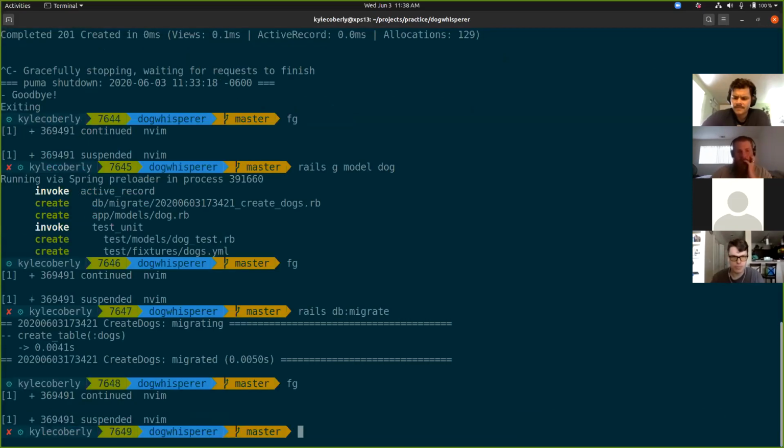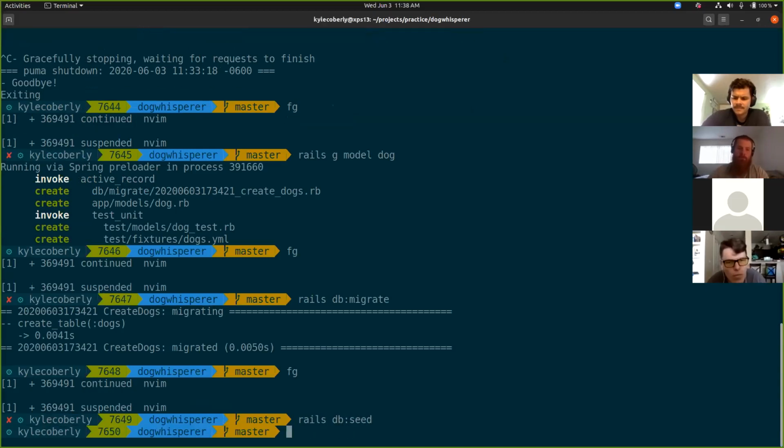So I can say rails db:seed, and I don't know why this is the case in every single database management framework I've ever used. You don't get anything back when you run the seed command. No "seeds ran successfully" or anything like that. So if you don't see anything, it worked. And now